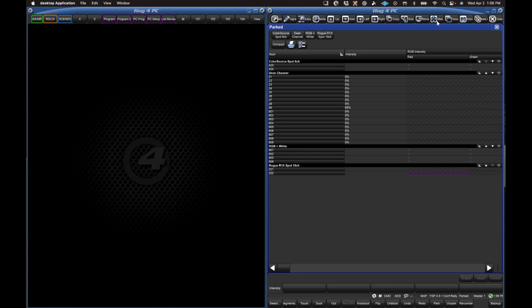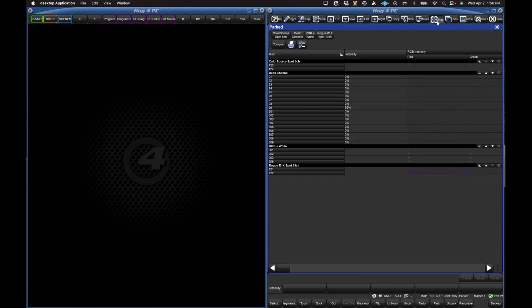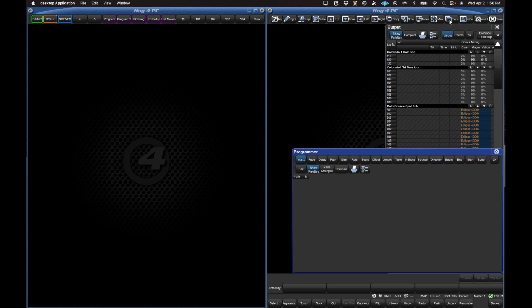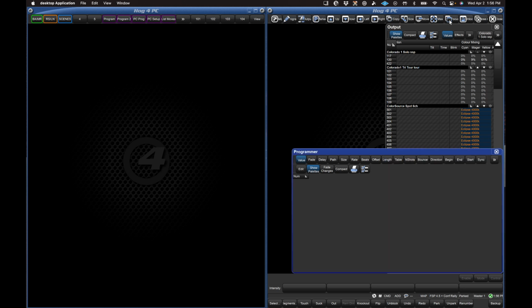The max button is pretty self-explanatory. It'll blow it up to fill the display that it's on. And the focus button will change which window you're focusing on. So see how it's scrolling between the output window, the parked window, and the programmer window right now. There's a lock here